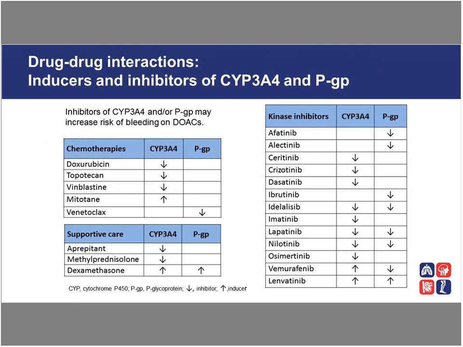So these are some of the drug-drug interactions that can either induce or inhibit the P-glycoprotein mechanism of drug availability, which is a gut transporter in the intestine, or the hepatic mechanism of metabolism using the CYP3A4. And so you note here that the DOACs depend on these two mechanisms for metabolism,